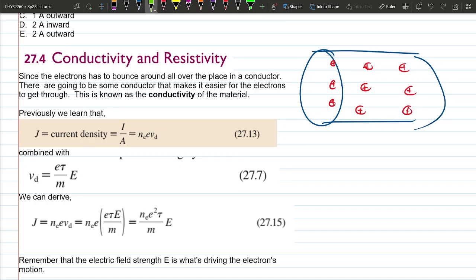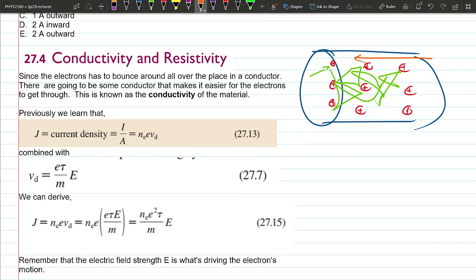The idea is that these electrons don't get to go in a straight line. They're bouncing back and forth in what they call a lattice of atoms inside your conductor. But if you apply an electric field to it, let's do that in orange,